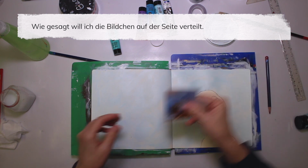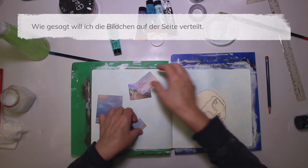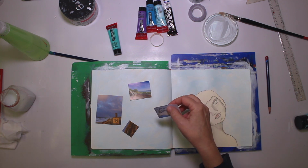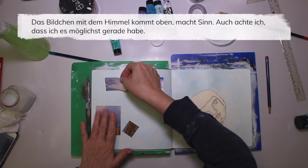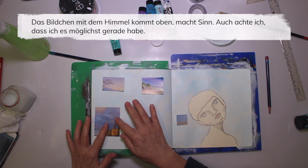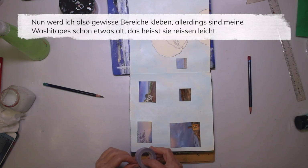As I said, I want those pictures here. This one was somewhere here. And this was up here. That was down here. That was because there's a lot of sky, it makes sense. I want them somewhat straight. So I want to mask off